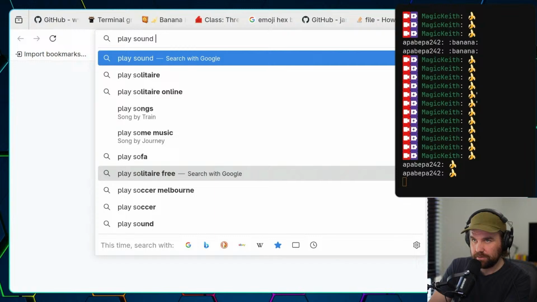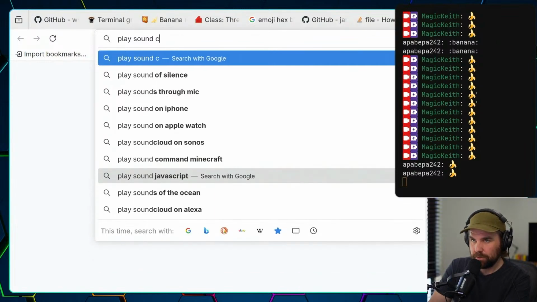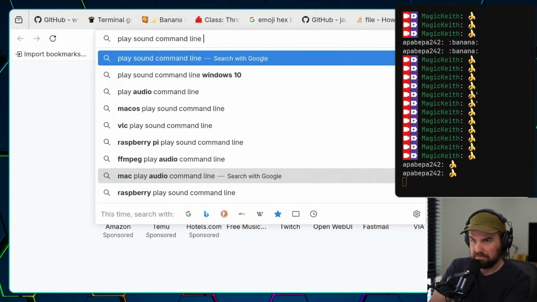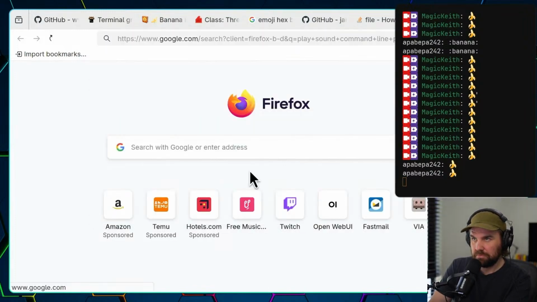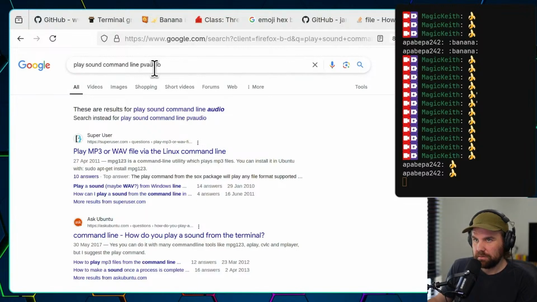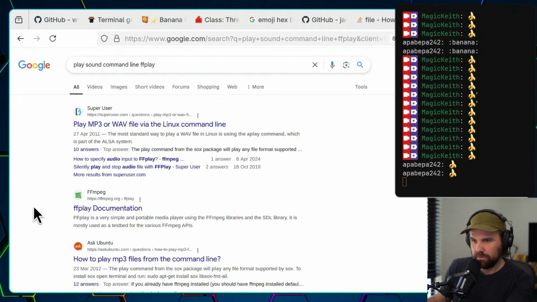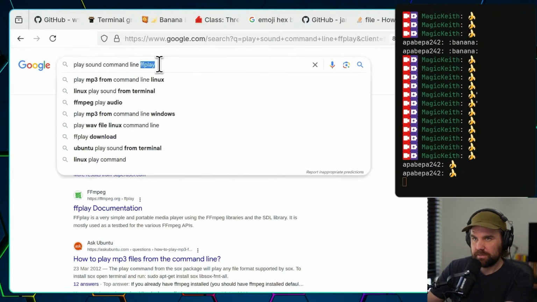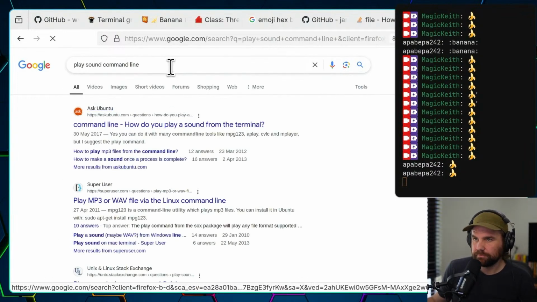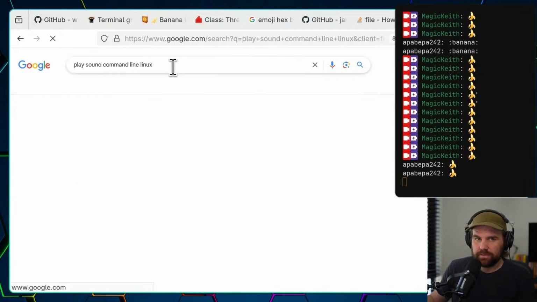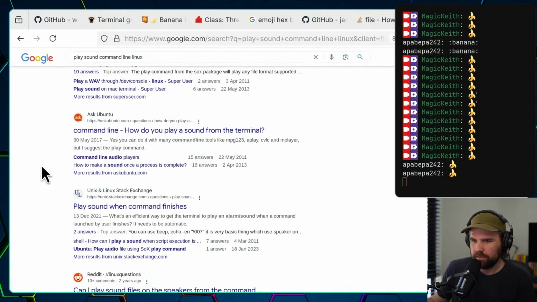Play sound command line. Is it ffplay maybe? How do you play a sound on the command line? I wonder how hard that is to make it go, ooh, banana or something.